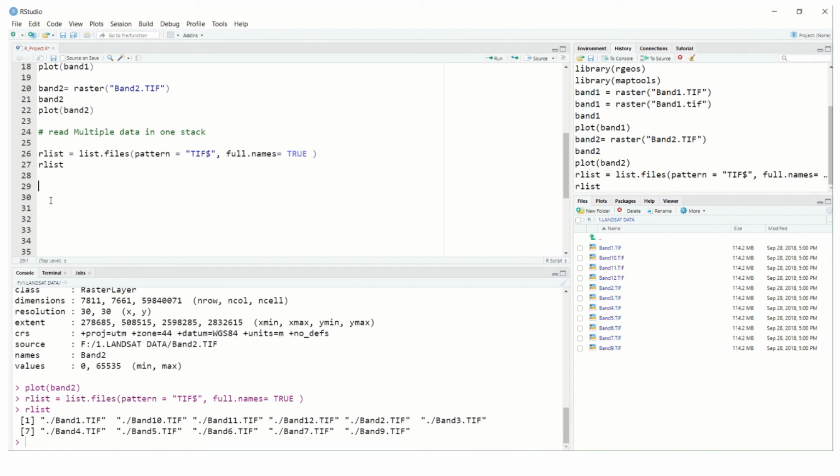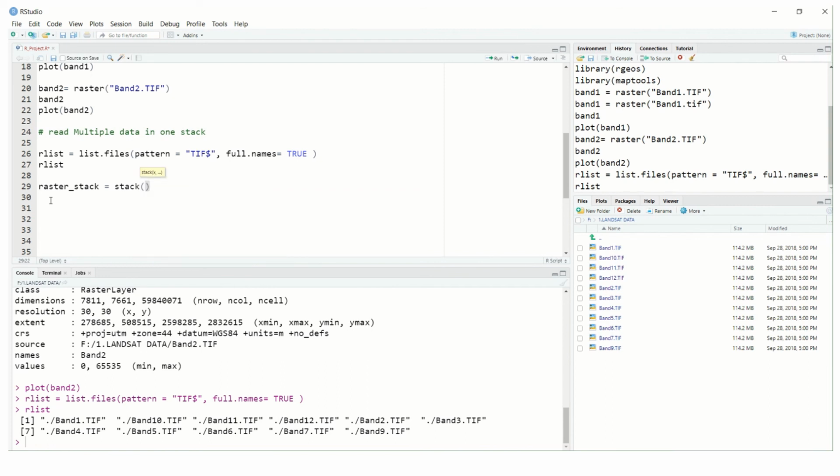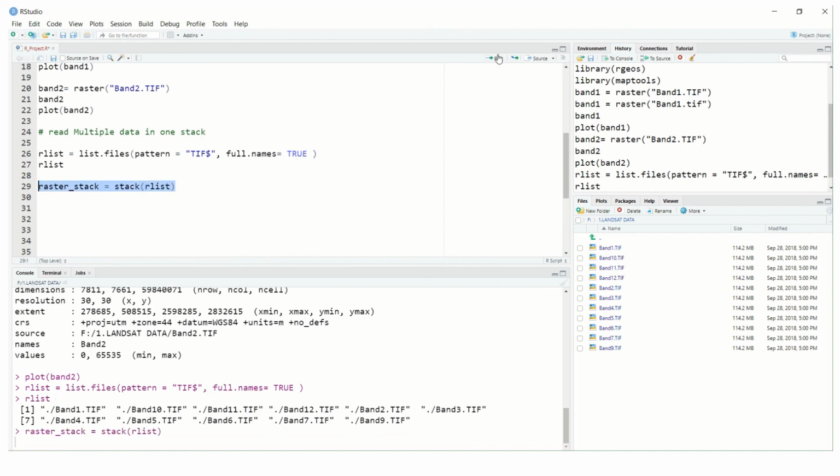Then we can write a very special code, raster underscore stack. We will use this stack here to get all the raster bands in a single attempt. stack(r list). Okay, so we will check whether it will run or not.